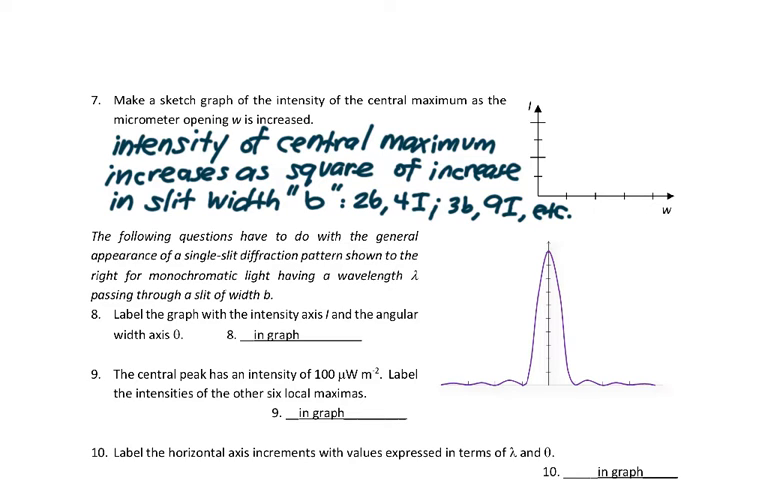But now, without getting too deeply into the derivation, I can just say that the intensity of the central maximum increases as the square of the increase in the slit width. So if I were to make my single slit twice as large, that would give me 4 times, 2 squared, 4 times the intensity of the primary maximum. If I were to triple the slit width, that would give me 9 times, 3 squared, 9 times the intensity